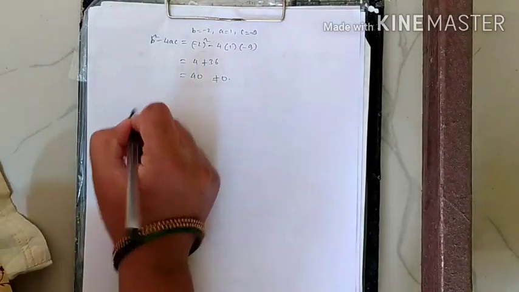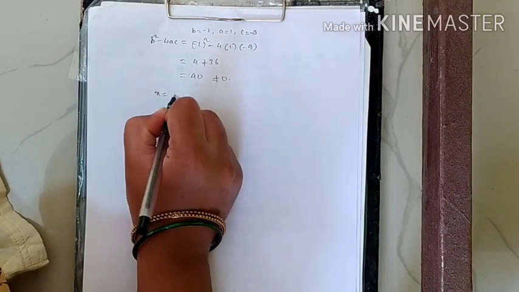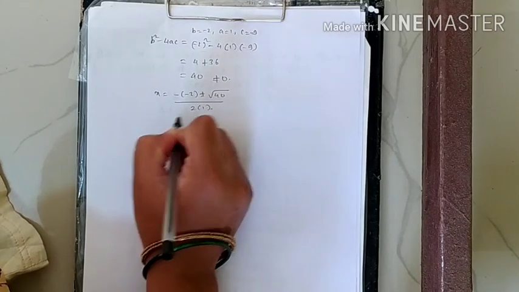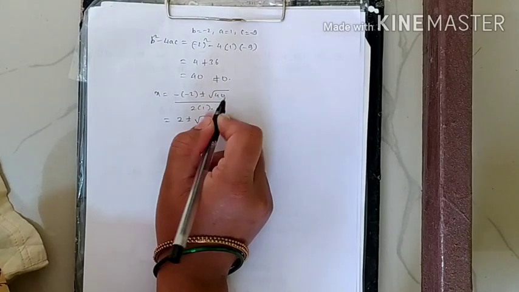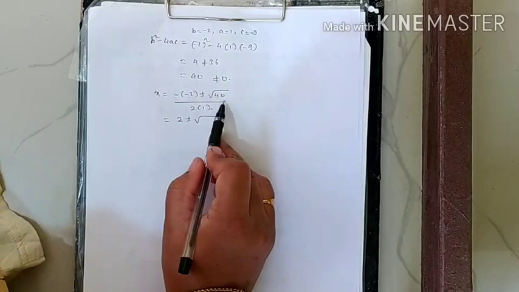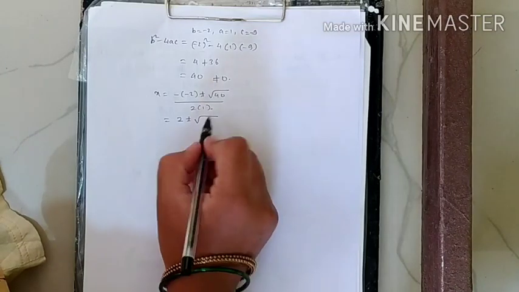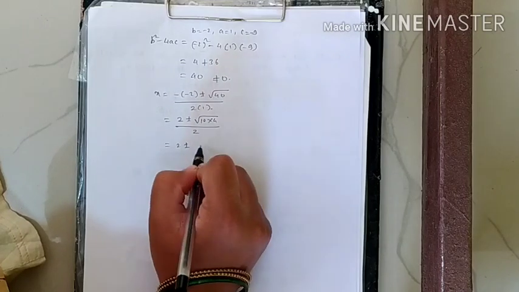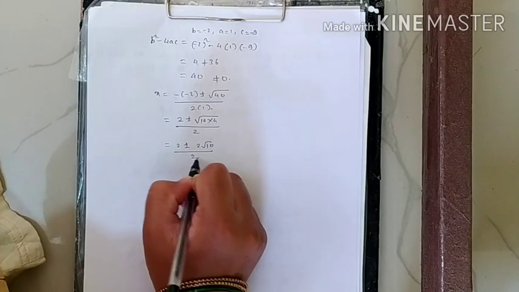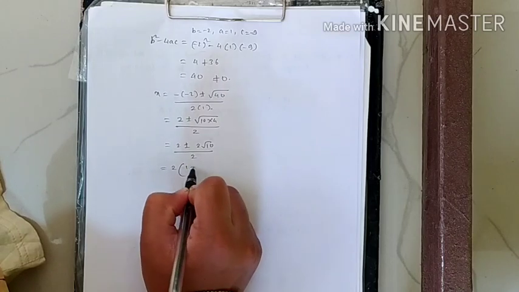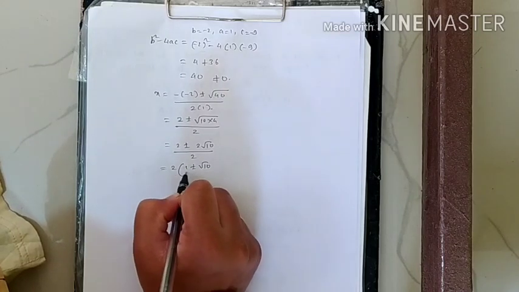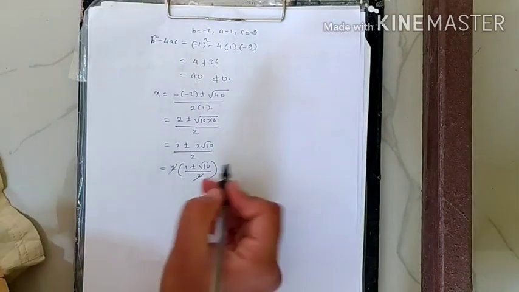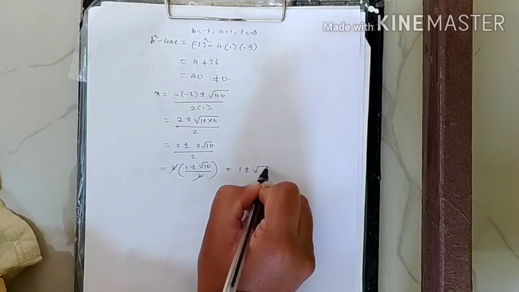Okay. So therefore x is equal to minus b, minus of minus 2, plus or minus square root of 40, upon 2 into 1. So it is 2 plus or minus square root of 4 tens are 40, so 10. So it is 10 into 4 upon 2. So 2 plus or minus 2 we can take out, root 10 upon 2. Now this 2 we can take common. So 1 plus or minus root 10 upon 2 is there. So this 2 and 2 will get cancelled. So what we have? 1 plus or minus square root of 10.